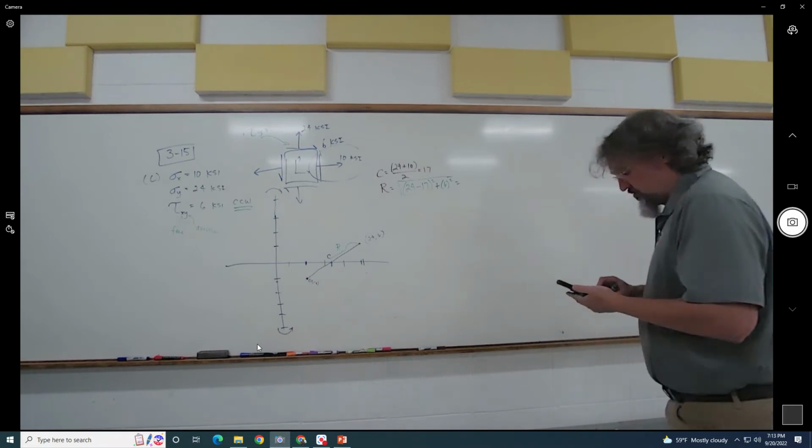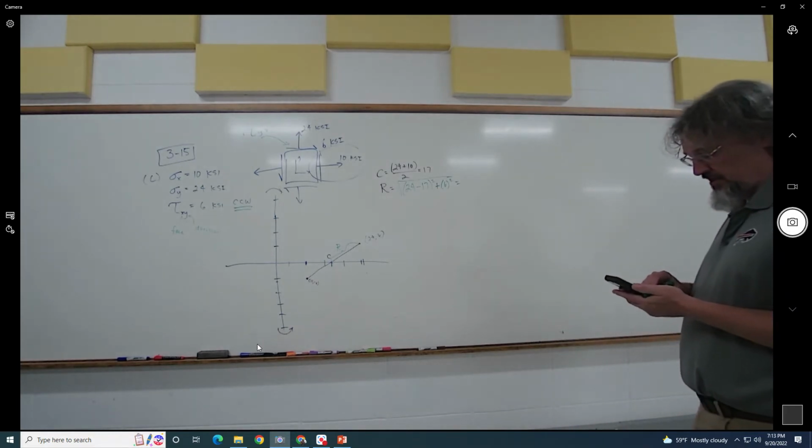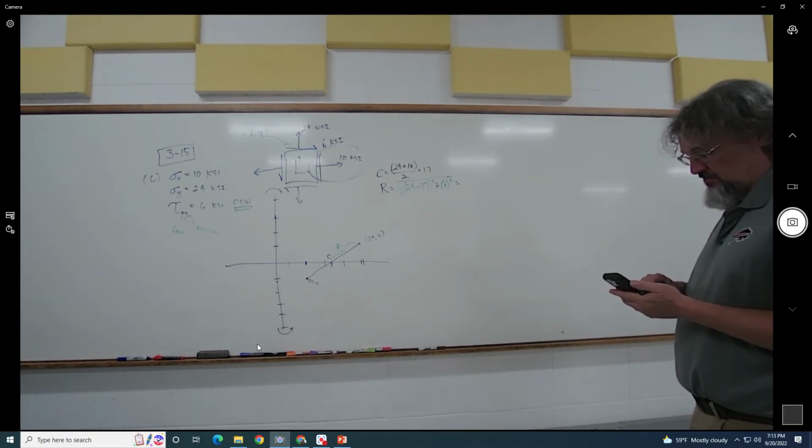So we go 24 minus 17. I should be able to do that in my head. I think it's 7, but let's just be sure. There you go, 7 squared. And then we have 36, add it, take the square root. So we get